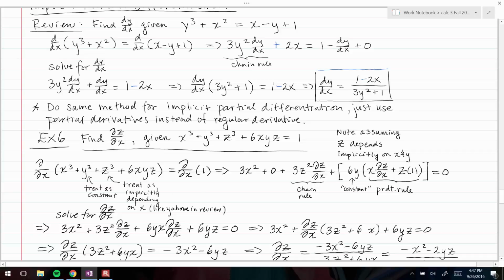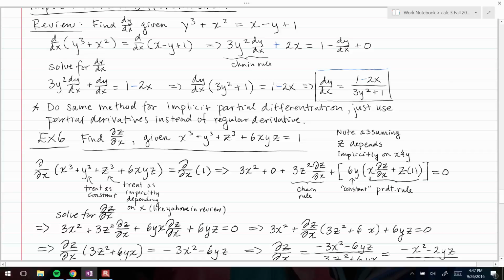So moving on, we have plus 6xyz. So here we got to think hard. We are doing this partial derivative with respect to x. We got a yz hanging out here, and y we can treat as a constant, so it's sort of like 6y out front. X is a variable, z is implicitly dependent on x. So in a sense what we have is x times some sort of function of x. And so we need to do the product rule here, and the 6y can be left out front as a